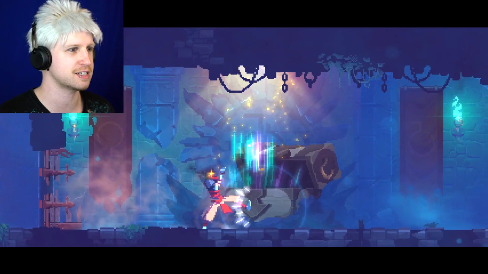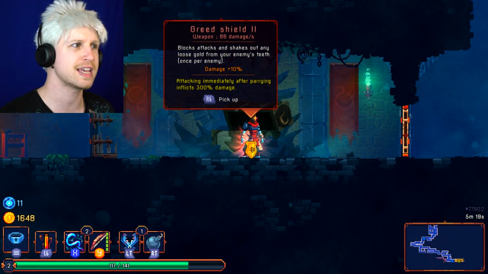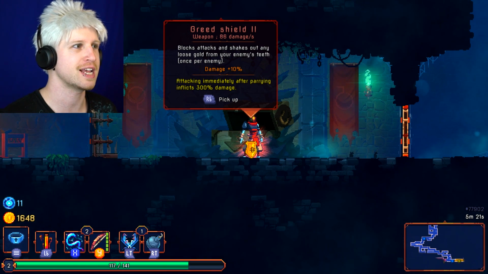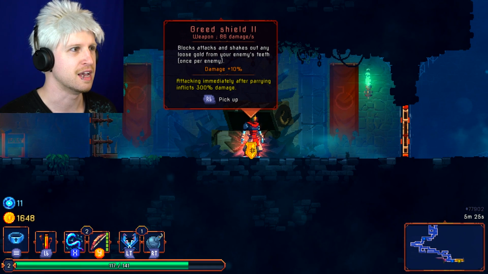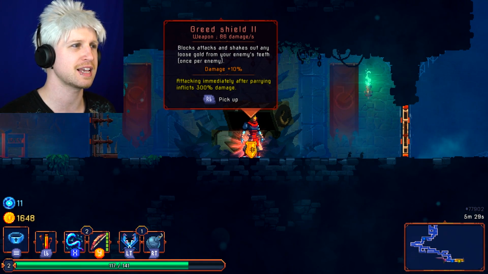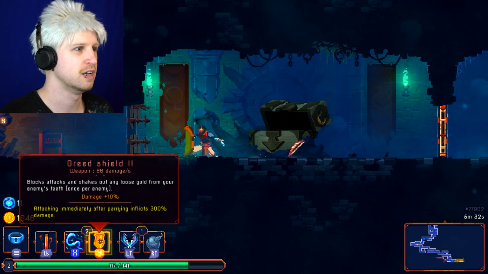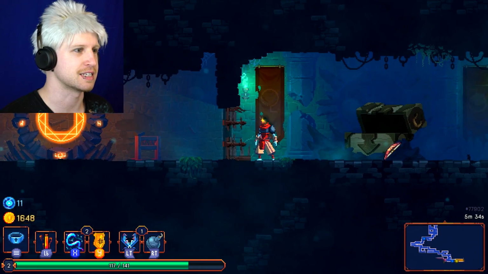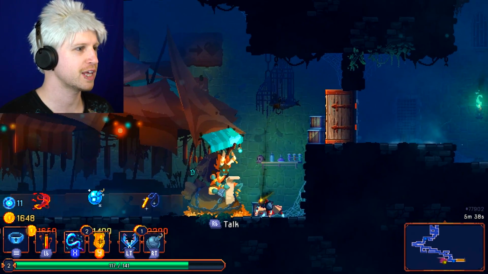Oh, maybe that's not necessarily the end of the level then, if there's just big treasures like this. Greed shield blocks attacks and shakes out any loose gold from your enemy's teeth once per enemy. Okay, damage 10%. Oh, it actually does damage. Attacking immediately after parrying inflicts 300% damage. Ay, that is insane, dude. That sounds really, really cool. Now, hopefully I can end up...